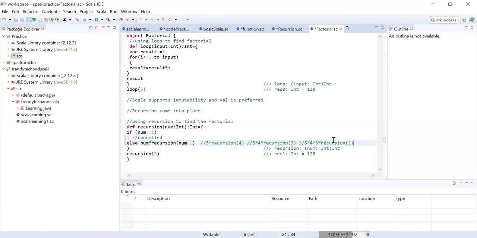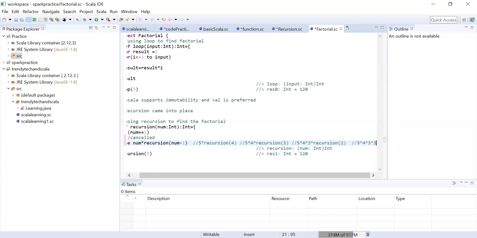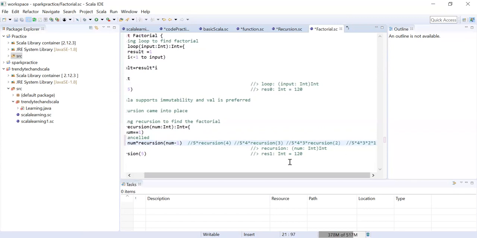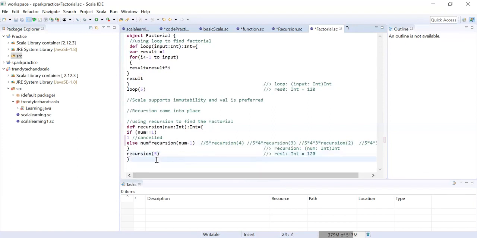Similarly, it will keep on going like this, and the final step will be 5 times 4 times 3 times 2 times 1. And hence, when it comes out of the loop, it will give us a result of 120. I hope this is much easier than the for loop and much lesser in steps as well. And immutability is also protected. But the problem is that